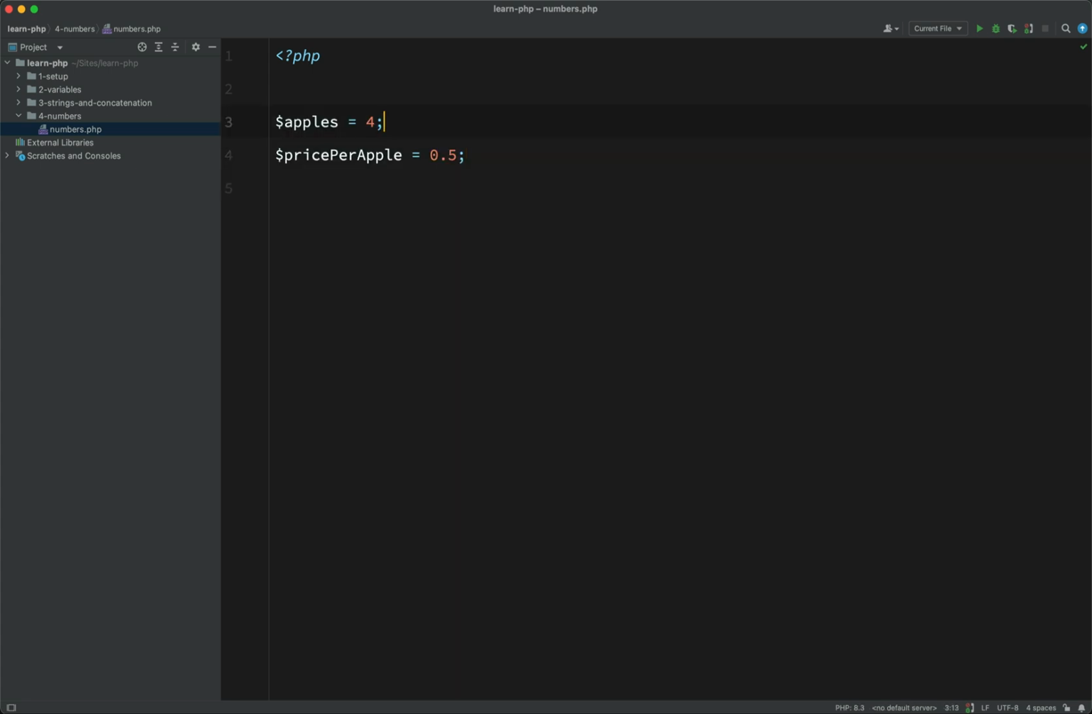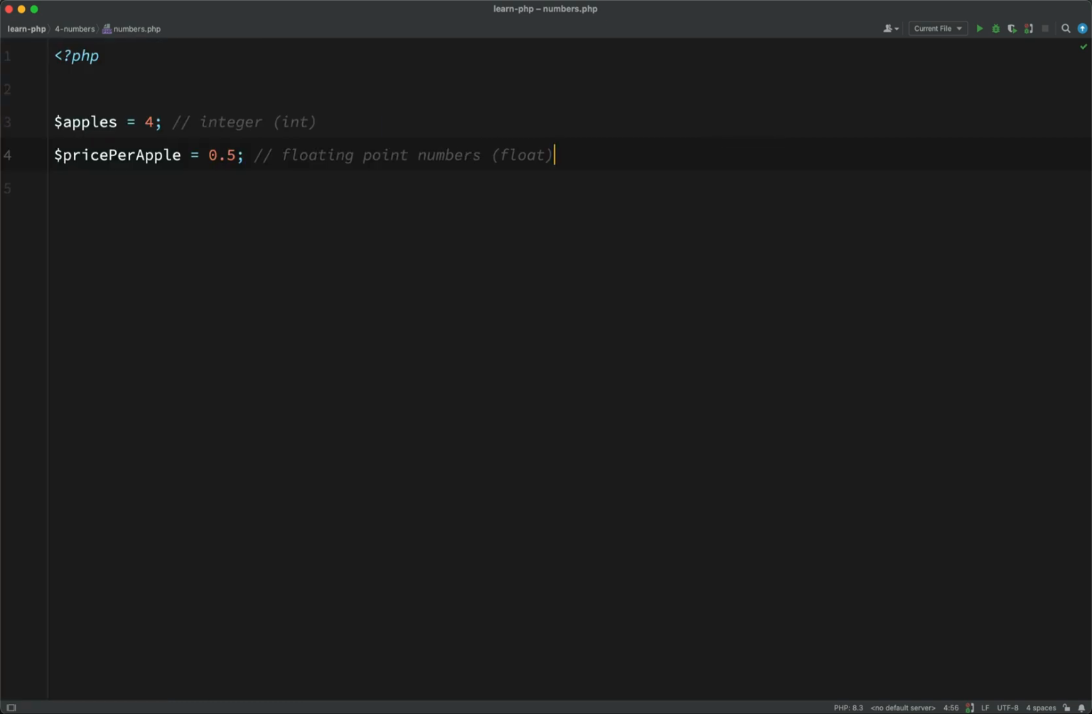So here's an example. We have whole numbers, notice no decimal points, so these are known as integers, shortened to int quite often, so integer, but often shortened to int. And then we have decimals, which we call floating point numbers. That's a bit of a mouthful, so we tend to just call them floats. Okay, and then once you have numbers, we've assigned these to variables now. So the variable apples has the value 4 and the variable price per apple has the value 0.5,